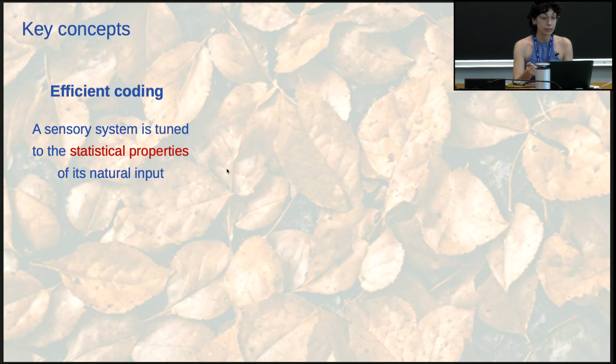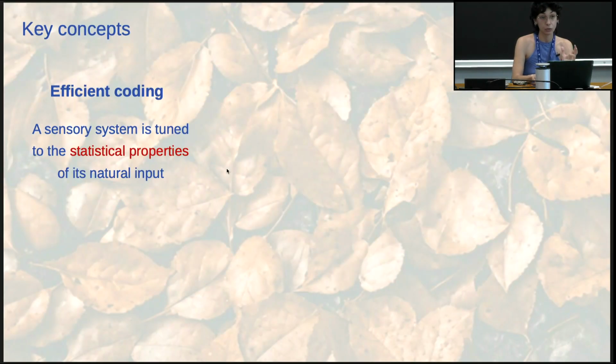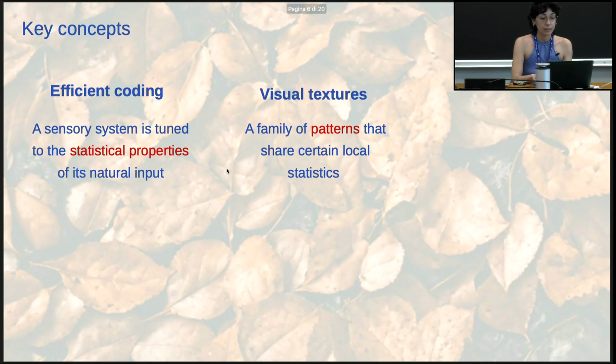of efficient coding. Efficient coding states that a sensory system, and in this case the visual system, is tuned to the statistical properties of its natural input. So in the case of the second gray cat, it took more time because your visual system was not seeing anything relevant. And this is due to efficient coding. It is tuned. And the second concept that I want you to keep in mind for my work is the